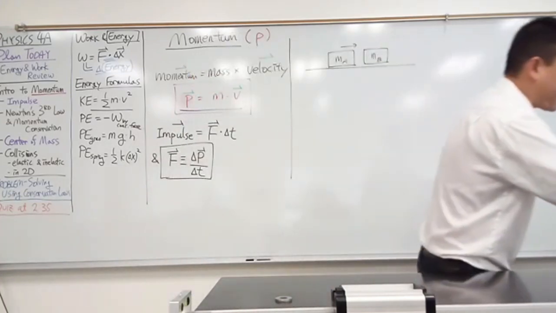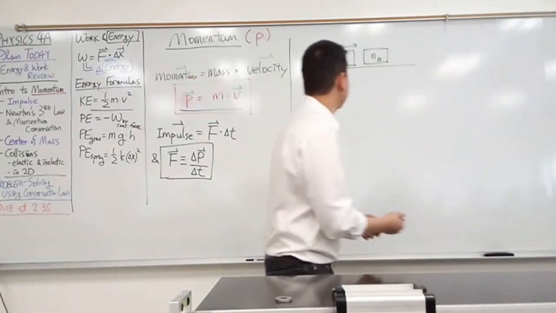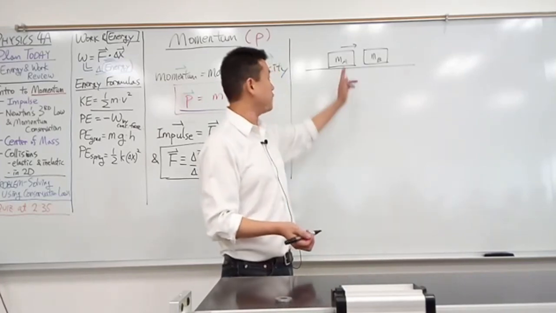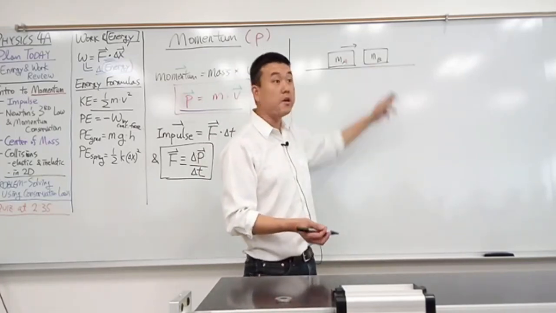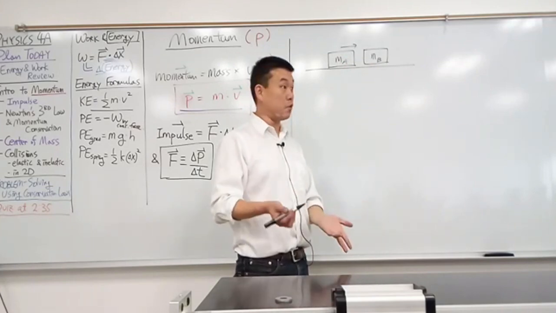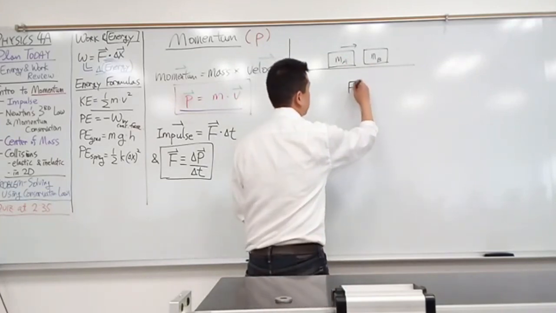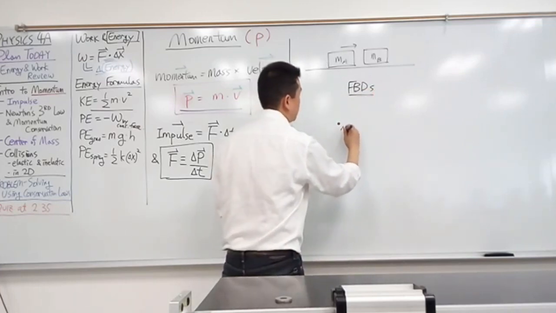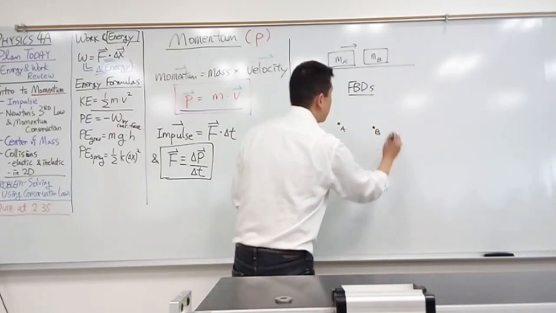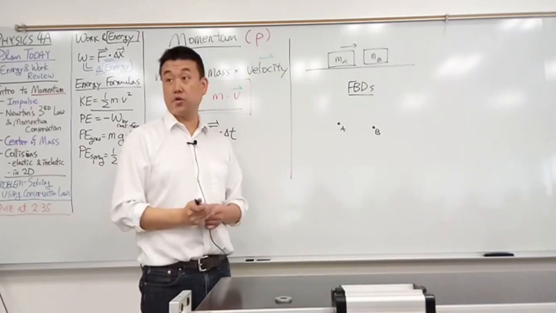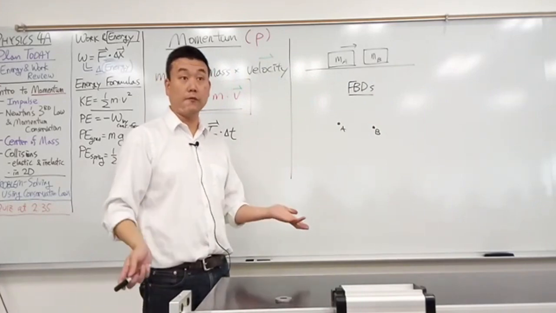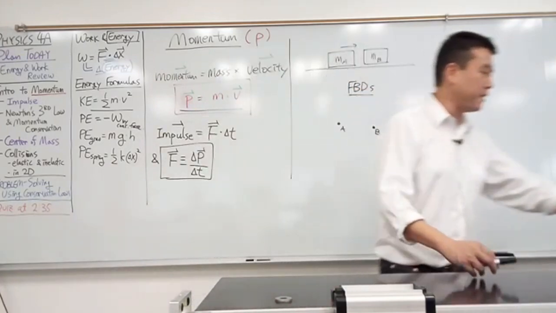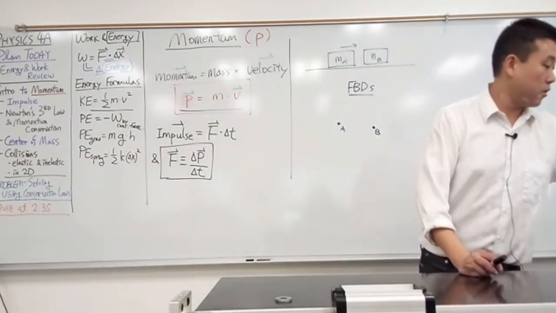So let me draw a free body diagram to try to see how I can go from that description of the interaction between these two masses to the result that momentum should be conserved. So these are the free body diagrams of these two masses, mass A and mass B. Let me ignore all the uninteresting forces like gravity and normal force. Gravity pulls it down, normal force balances it. Nothing really interesting happens with those. So let me just